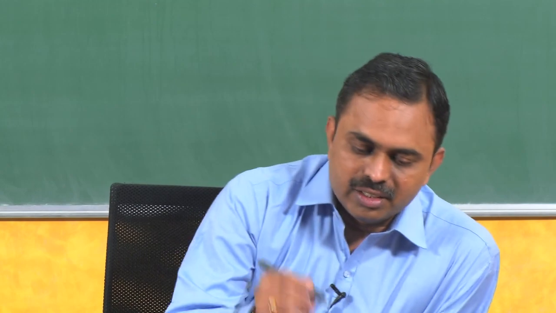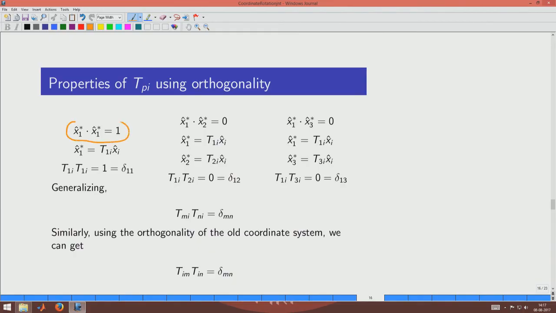when we dot the new unit vectors with themselves, we should get 1, and this is true also for the old ones. Okay. So, the way we proceed is as follows. We know this from the orthogonality. What we do is take up each of these vectors and express them in terms of the old vectors, and then when we do the dot, we get an expression which involves the transformation matrix being multiplied twice, and then we will see whether the value is